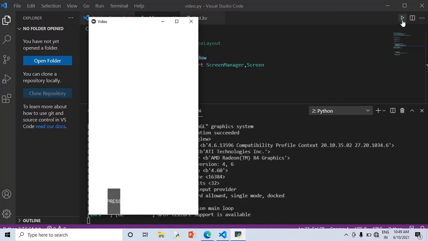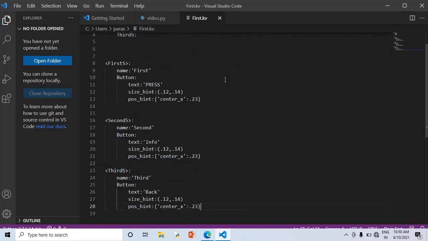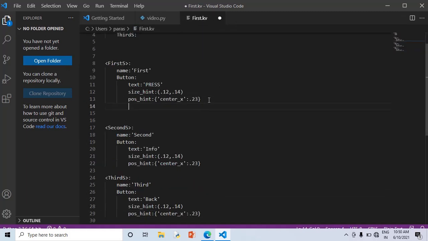So you can see a press button which is looking odd. When I press, so I forgot to add a functionality here. So go back to .kivy file, add a functionality to a button. So you need to give here a functionality that when I press the button, what will happen. So I am giving here on press. So when the button will be pressed,